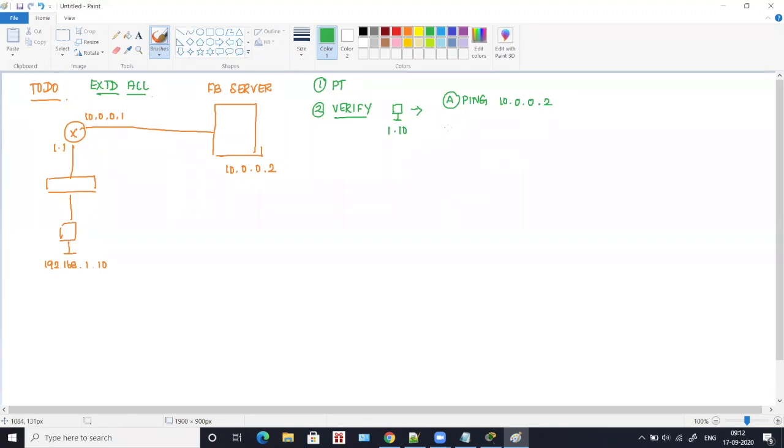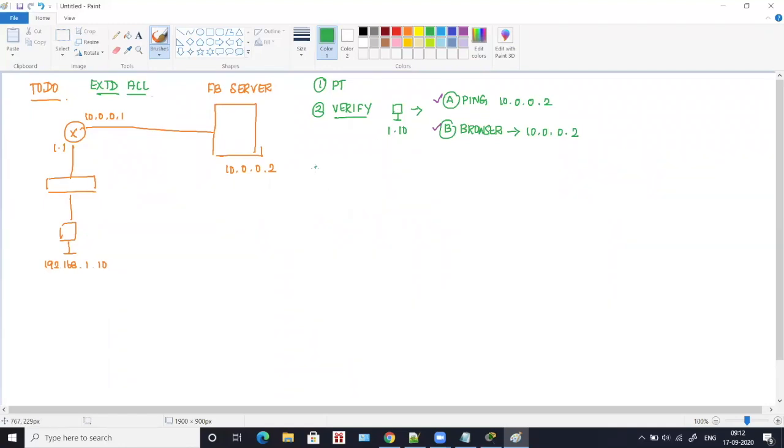The second thing you should do is go to the browser on this computer and type 10.0.0.2. In case you get a page that displays some message, maybe a Cisco page, then again the connection which you've done is correct. So both these things have to work, A and B. This is what you will verify.